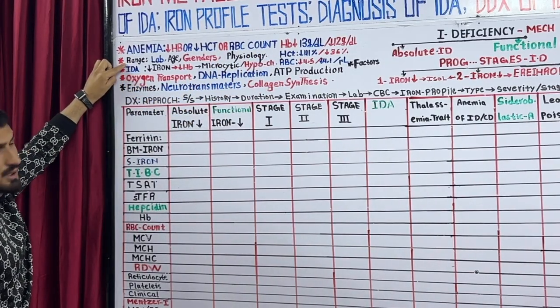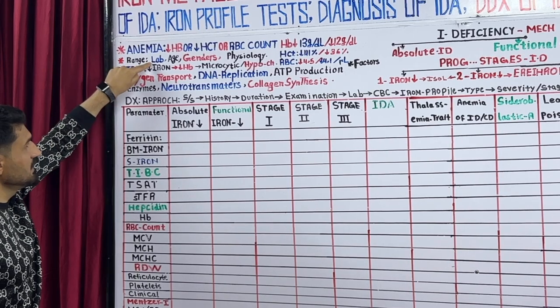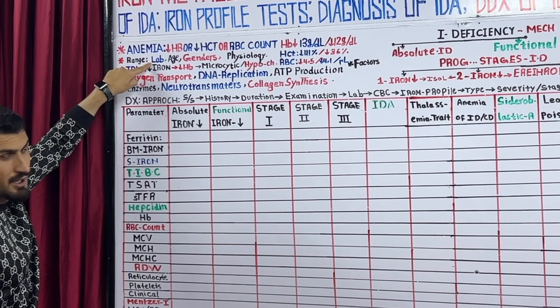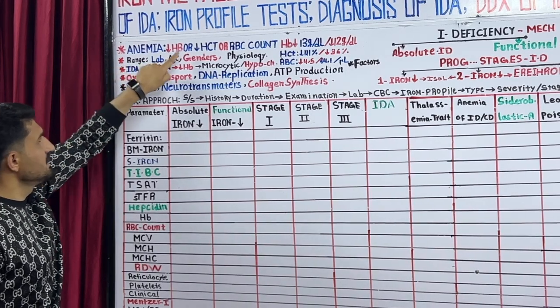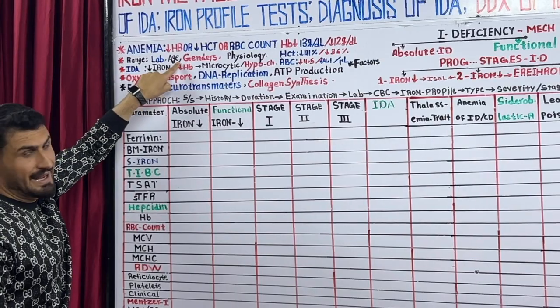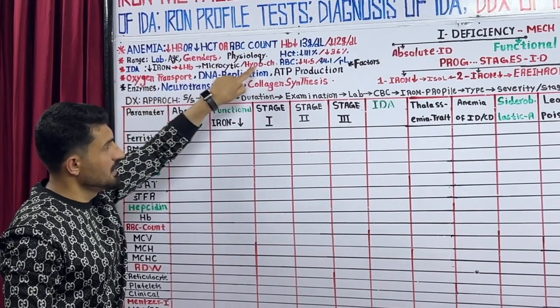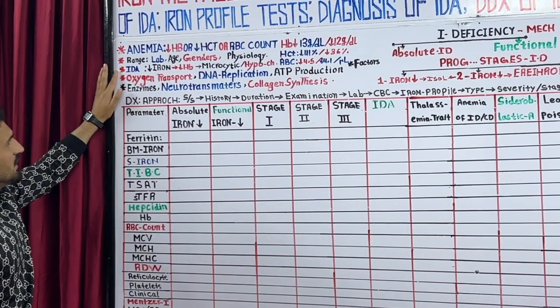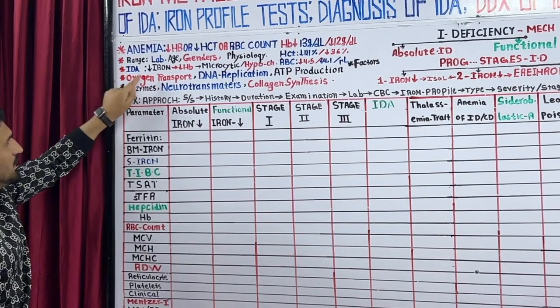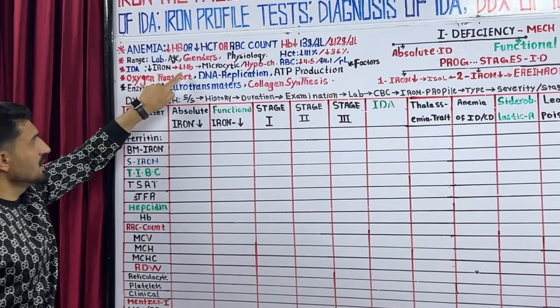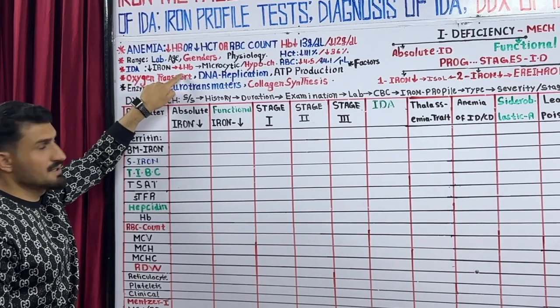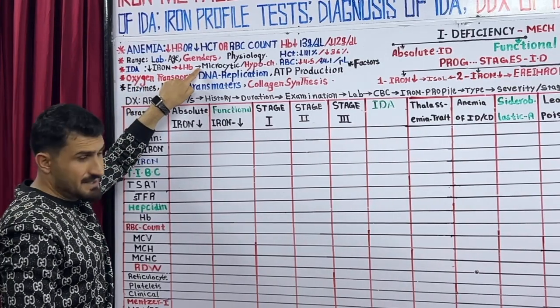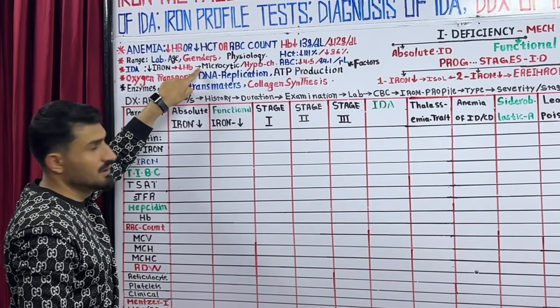These are lab values, and they're dependent on age, on gender, on physiological state, and so on. We talked about it. Then we talked that in iron deficiency, when we have less iron, it causes less synthesis of hemoglobin, and when we have less hemoglobin, the cell